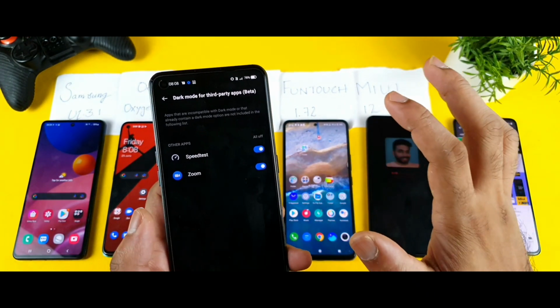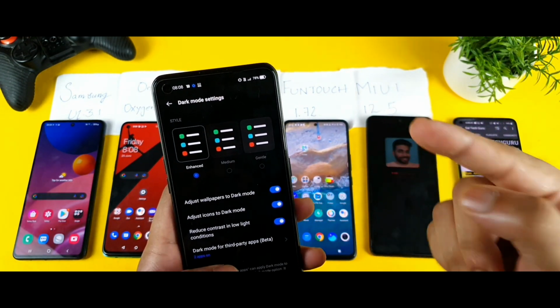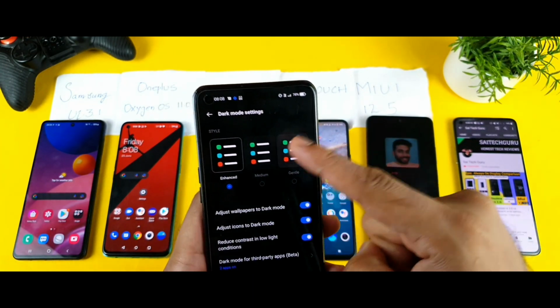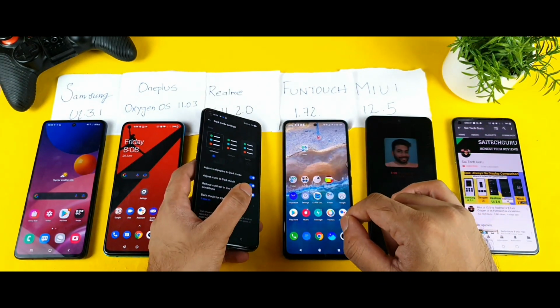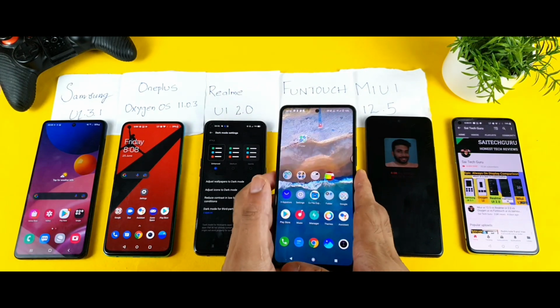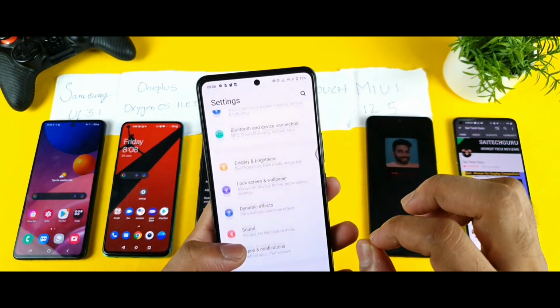That would be all round points for the Realme UI, but it's losing slight points, though it gains slight points for having this kind of customization, which is this one, enhanced. This has special features, as you can see, friends. That's another good advantage. So now let's move to the next UI, which is the Fun Touch UI. Let's see what the Fun Touch UI will be. Is it fun to use the dark mode or not?